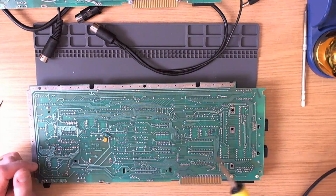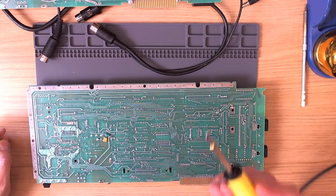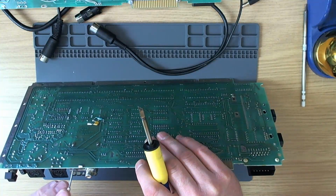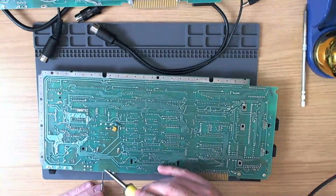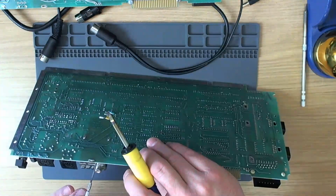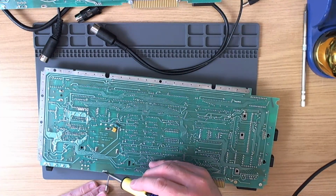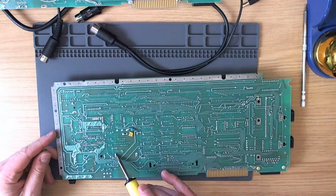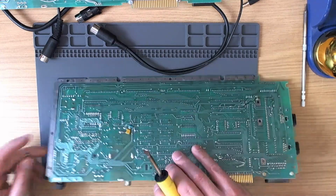Alright, so I'm going to use the T12K tip, which is my favourite for removing RF modulators at the moment, just to heat. It's just like a knife through butter. It's marvellous. And hopefully repeat the feat that I managed with the last machine of getting the thing off the board without damaging the plate through on these vias here. So I'm just heating the lugs from the side and then persuading the thing